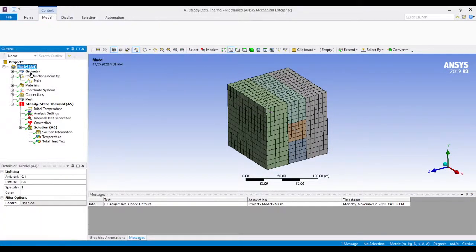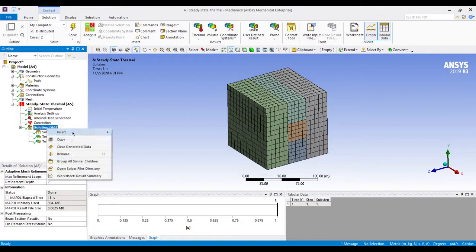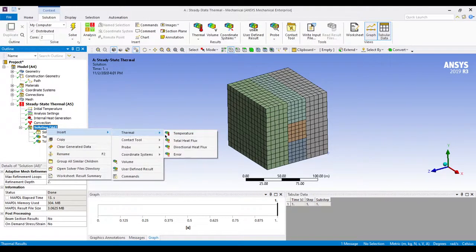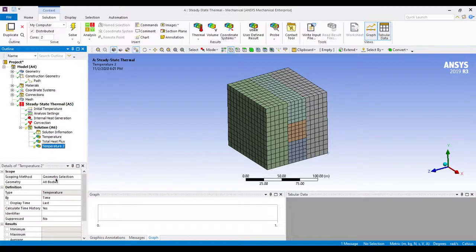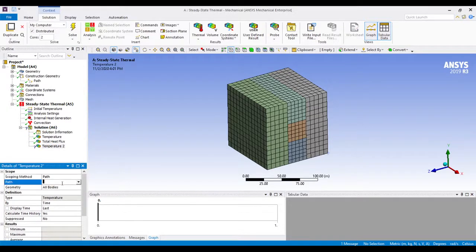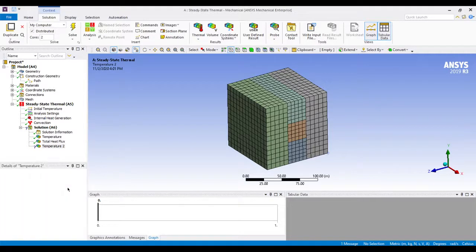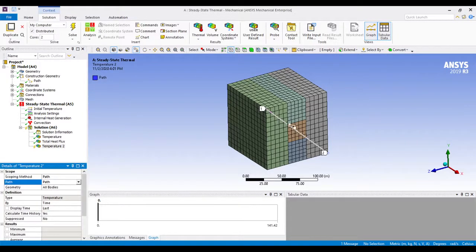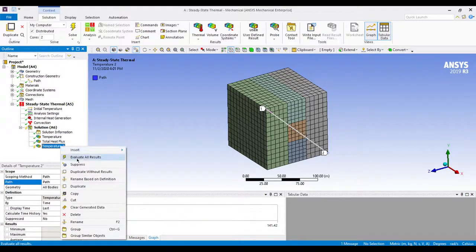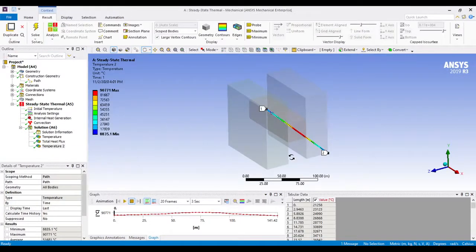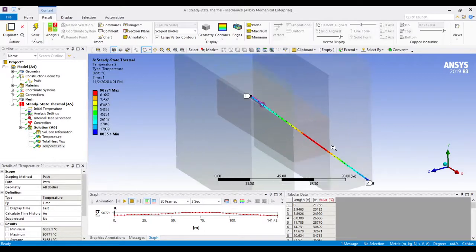So now we can go to the solution and insert a thermal temperature distribution. We'll say geometry selection, path, and you can see we have created this path. We can select this path now, and then we'll say evaluate all the results. You can see the temperature distribution along this path.